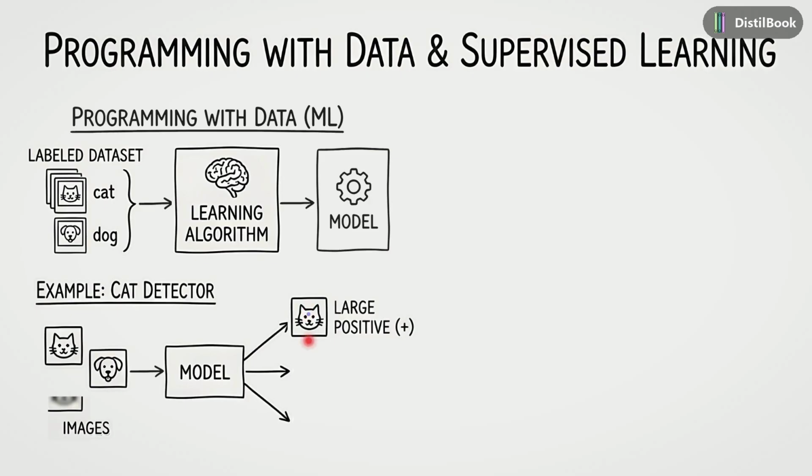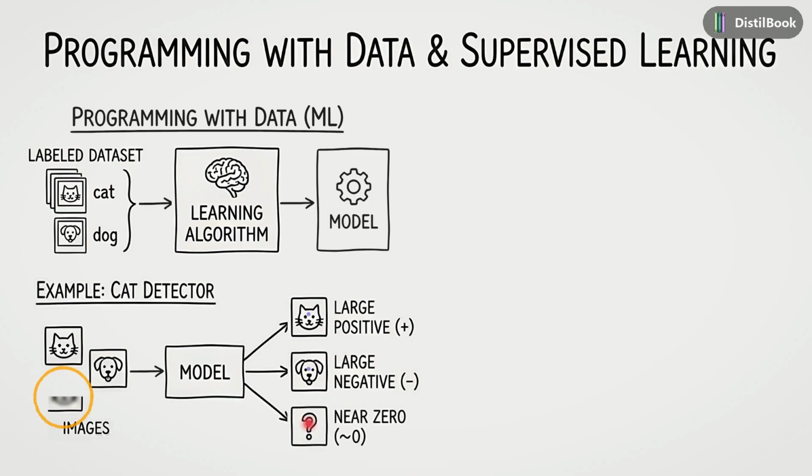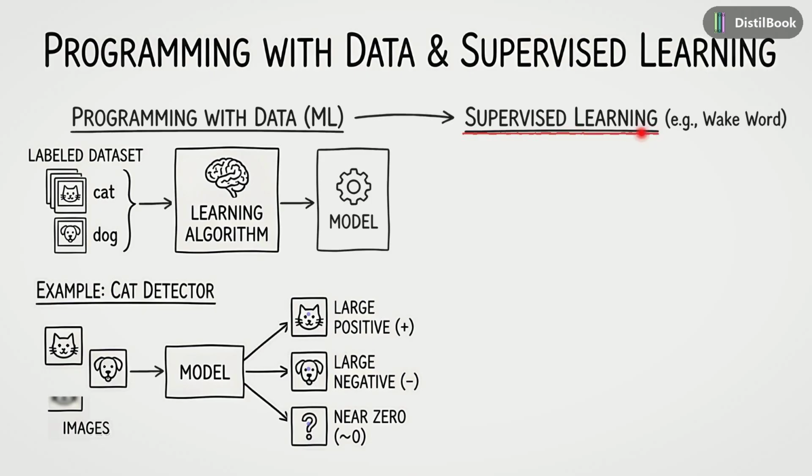If it sees a dog, it outputs a large negative number, effectively saying definitely not a cat. And interestingly, for blurry or ambiguous images where it's unsure, it outputs a value near 0. This numerical output allows us to interpret the model's confidence. Now, let's look at the right side to see how this applies to supervised learning, which is the formal name